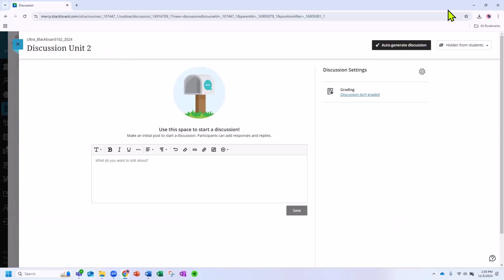Now, most importantly, I need to come over here to where it says hidden from students. This is the available and unavailable button. And what I need to do is click on the word hidden. Then what I need to do is click on the word visible. Now that I have my title and my discussion board is available to students, I'm going to come here to